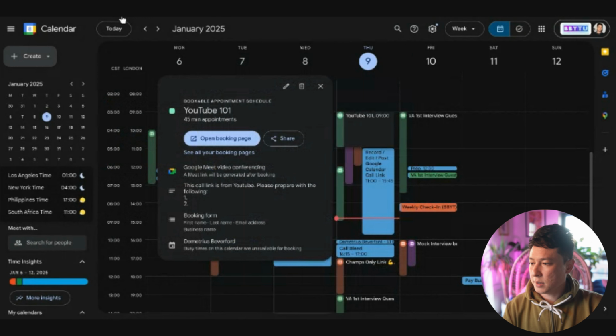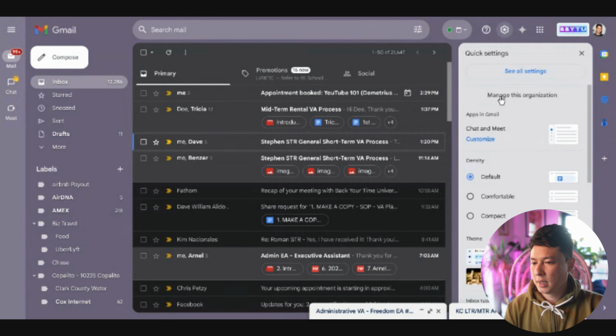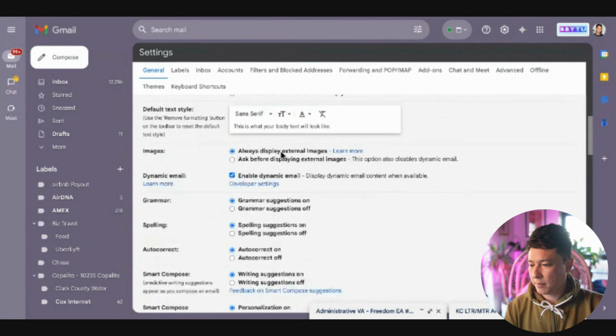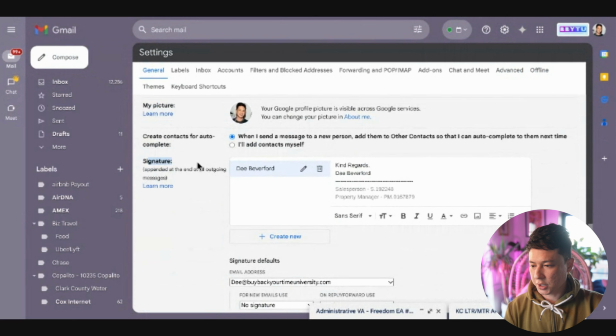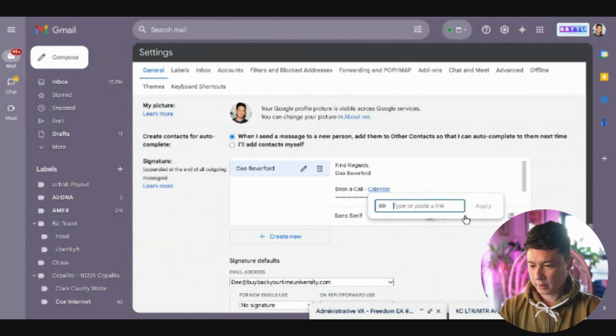Done. I'm going to go to my email. I'm going to share this tab. So email, you should be able to see this now. And same, the wheel cog, you want to go to settings, see all settings, and then scroll down under the general tab, which is going to be your signature. So my signature is here. I can add, let's say, book a call. And then I can add the link. Calendar. I can highlight this, and then link, and then paste the link that we just copied, apply, and then